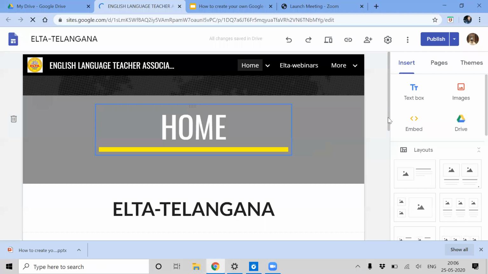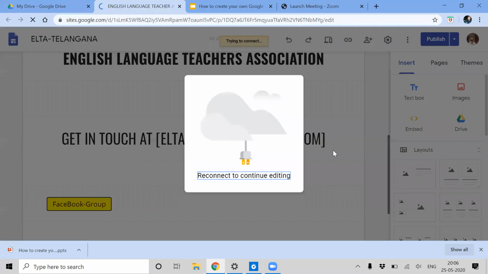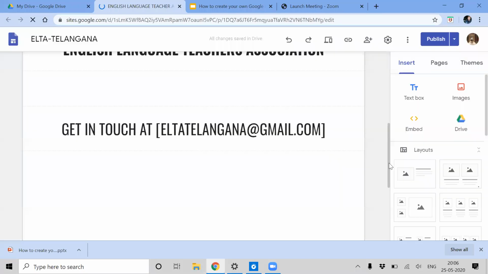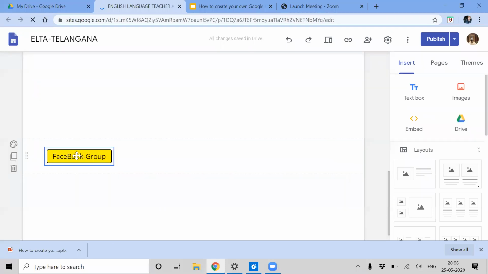So this is ELTA's homepage. ELTA: Telangana English Language Teachers Association. And this is the Facebook group link. If you click that, you will land in the Facebook group. Like that, these things are added. Next, to go to the second page,